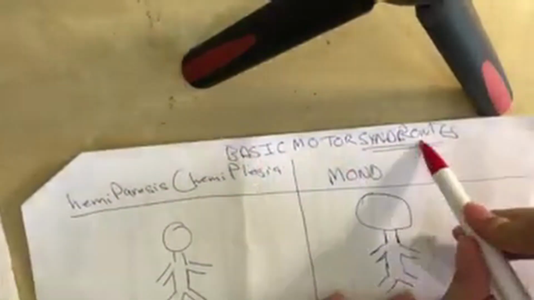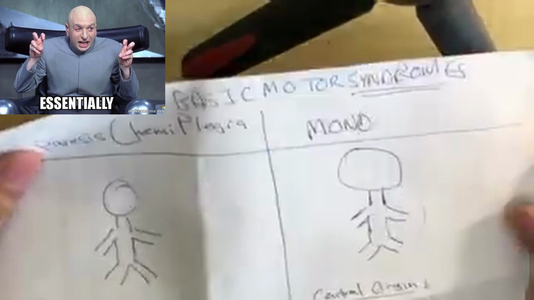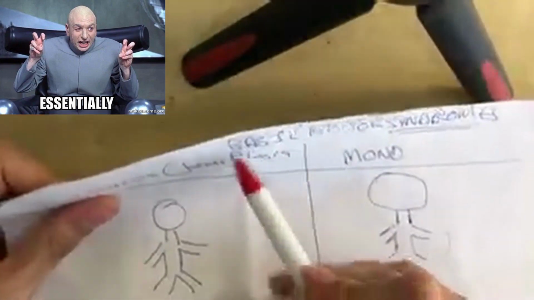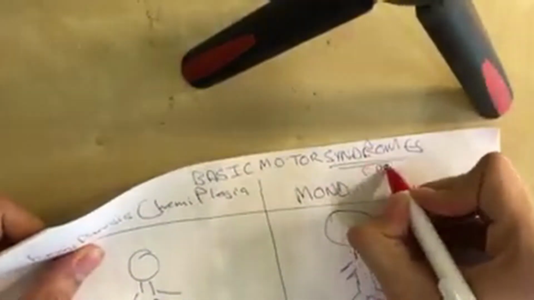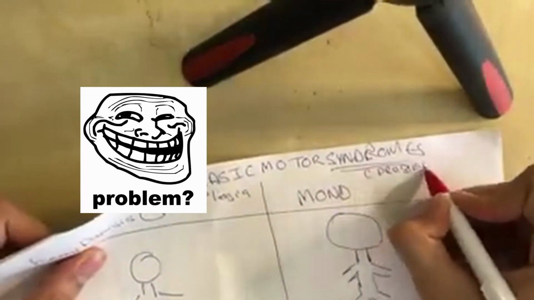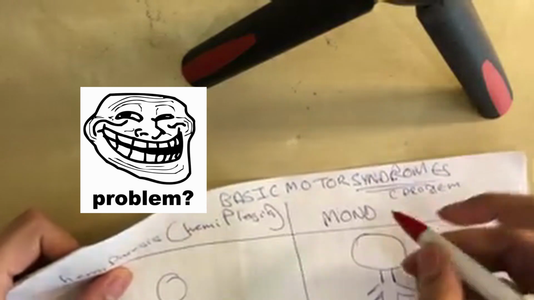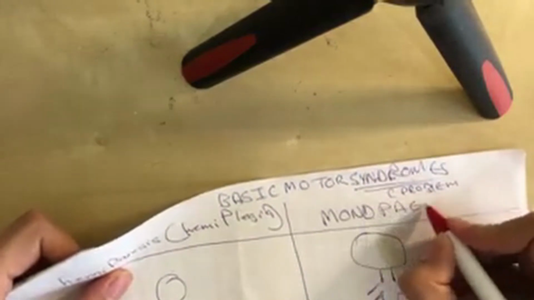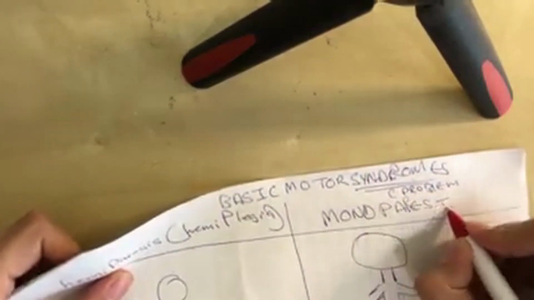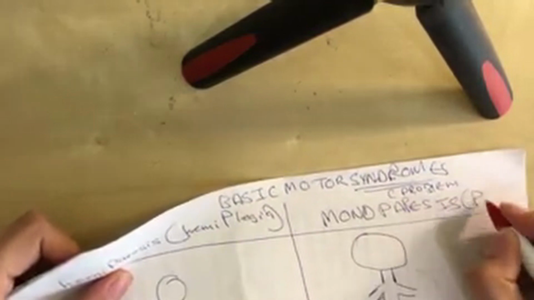So I'm going to be talking to you guys today about this thing called basic motor syndrome. Basic motor syndrome essentially means any sort of problem with the motor system, and syndrome can be referring to a problem. So these are going to be basic problems we're going to be having with our motor nerves, and here we're going to be having monoparesis, monoplegia,